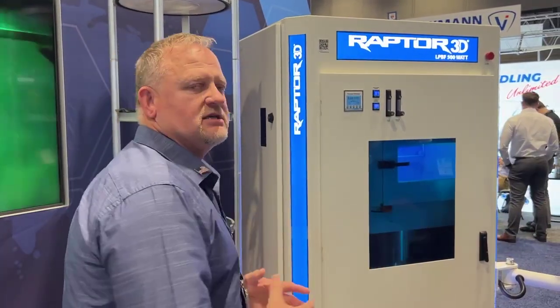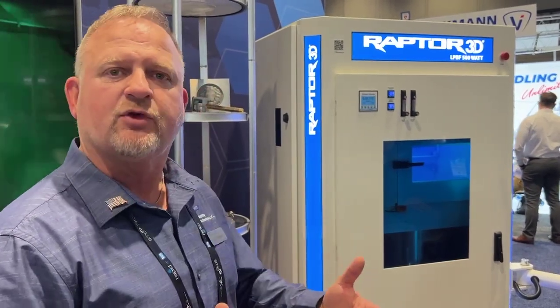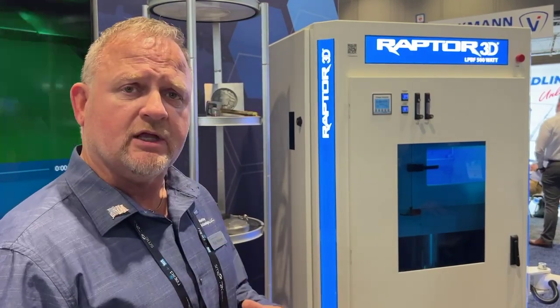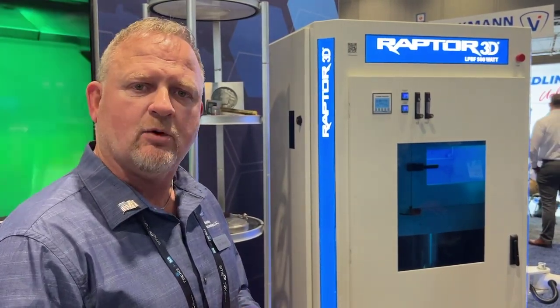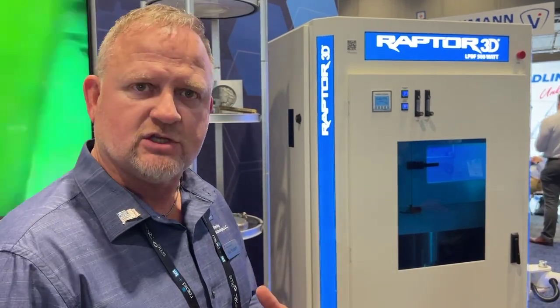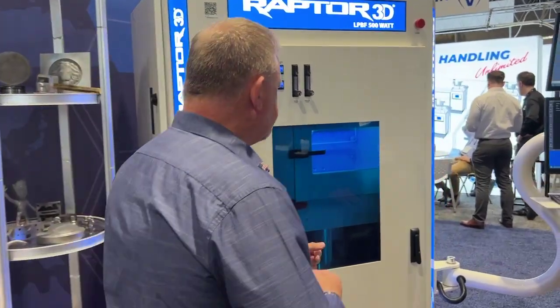It was a 3-bay system, and over a short period of time, we've tried to take both customer feedback and looking at the technology ourselves and say, here's where we need to go, here's what we think we can do to help customers, and we are now introducing our new system and the changes that we've made, how we've upgraded the system. So if we take a look,